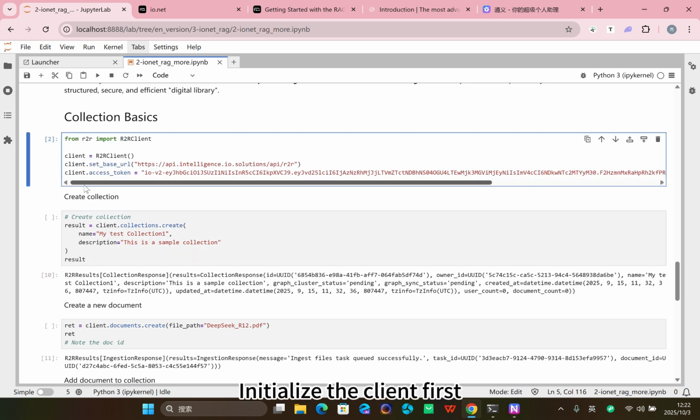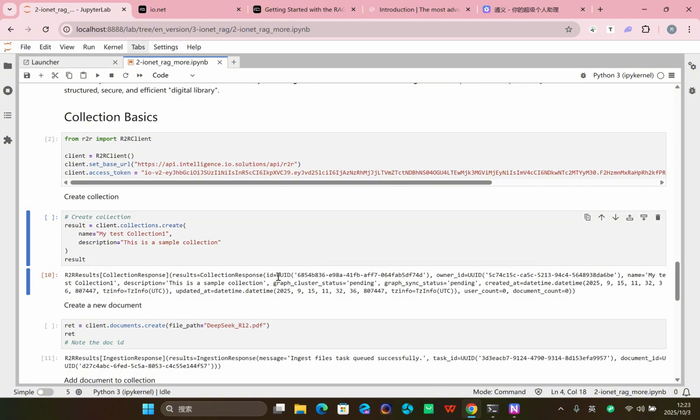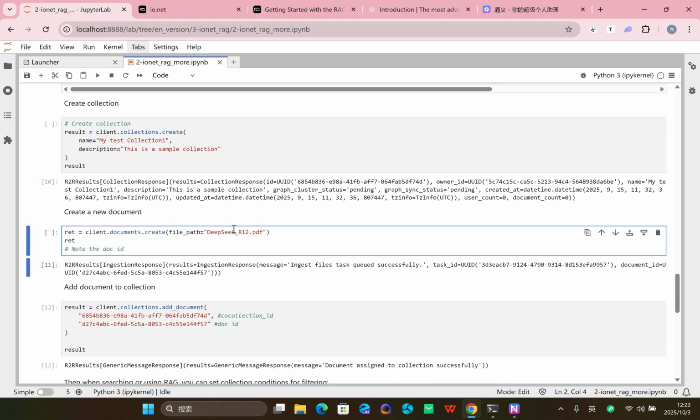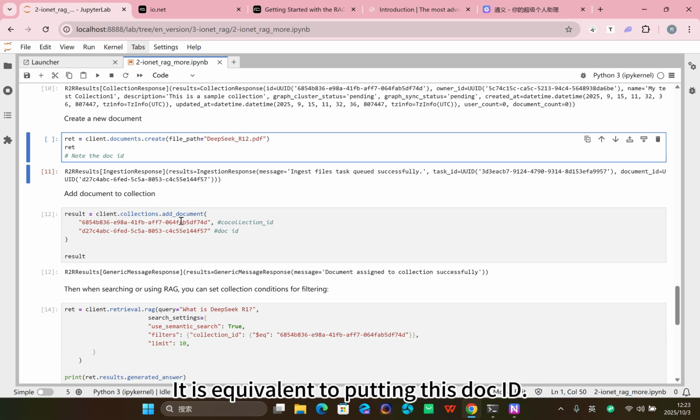Initialize the client first, then build. After creation, remember the collection ID. Then we add another document, and we associate this document with this collection. It is equivalent to adding this doc ID to this collection, but actually it divides the document into